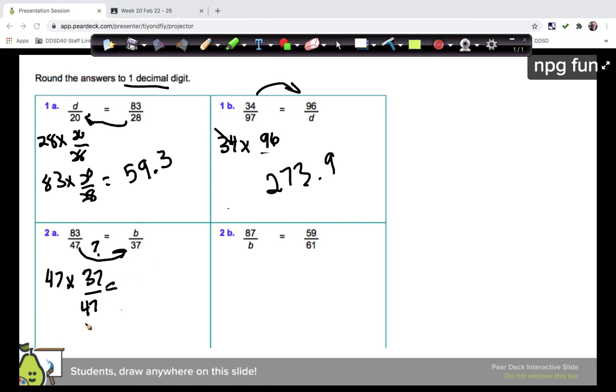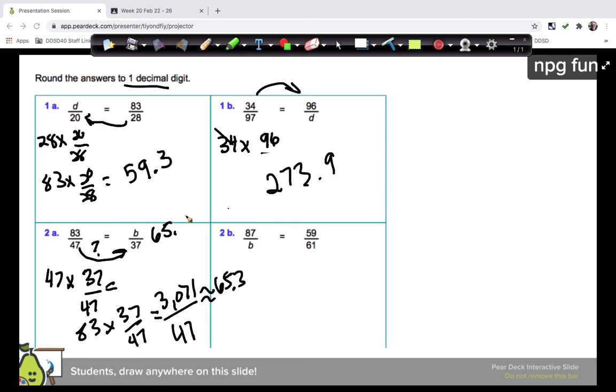So then I do 83 times 37/47. So I'm going to do 83 times 37 is equal to 3,071. I divide that by 47, and that is equal to about 65.3, and that makes a lot more sense, 65.3,